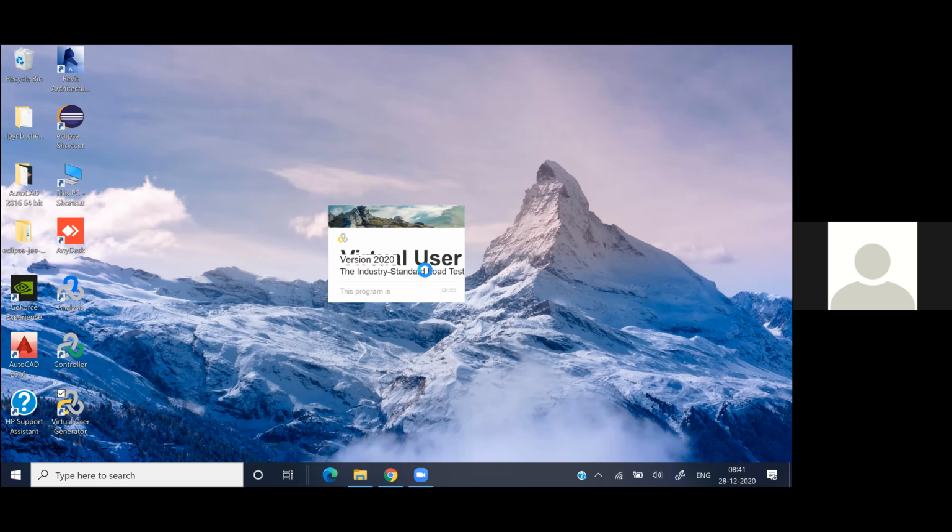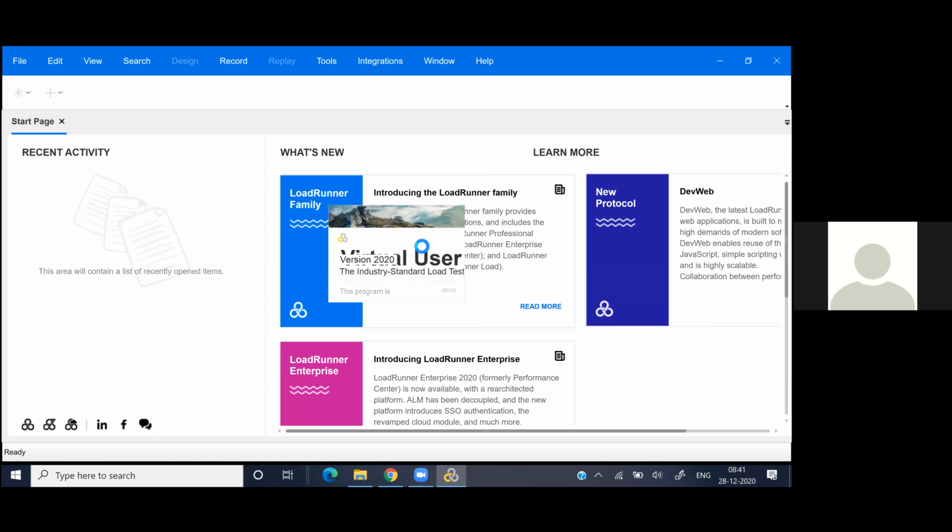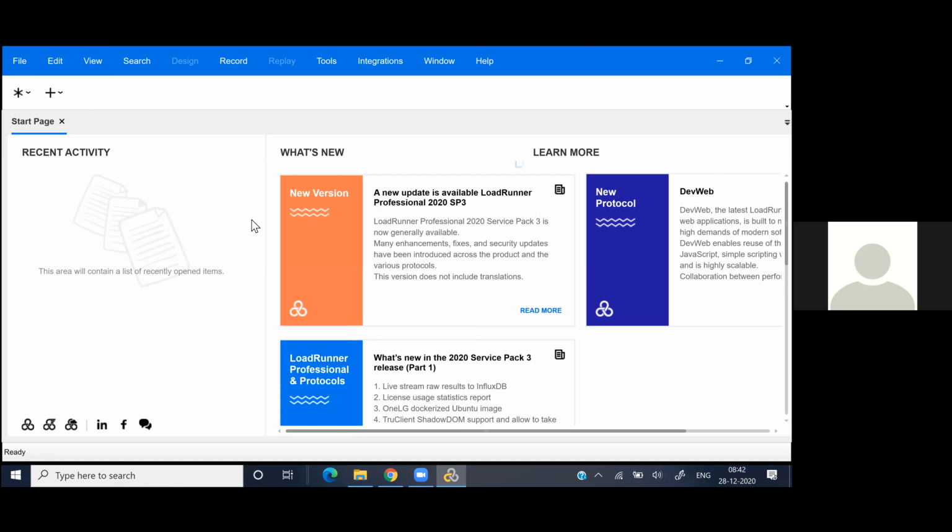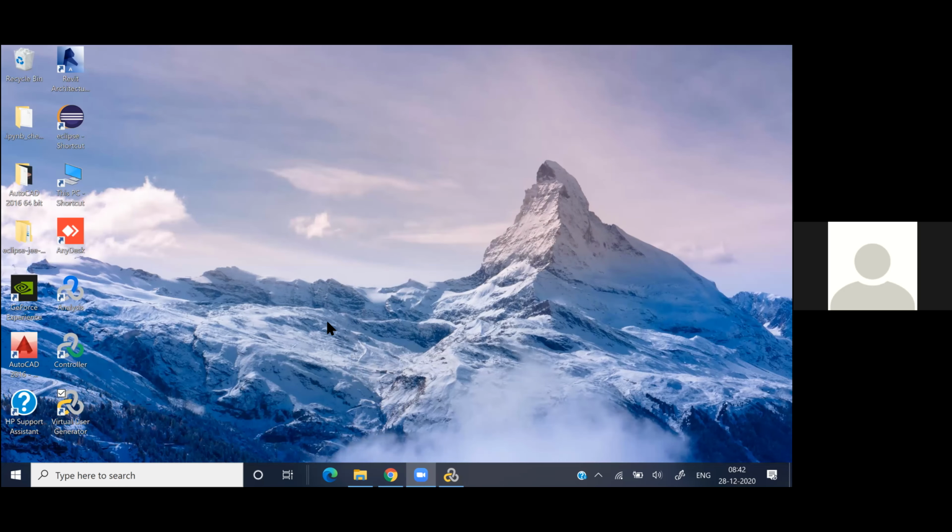You have to decrease the system resolution a bit, then you will see a proper screen. This small screen that you get when you launch the software is called the splash screen. So now your VuGen is launched, right? You are able to launch it successfully. And let me launch the controller as well.